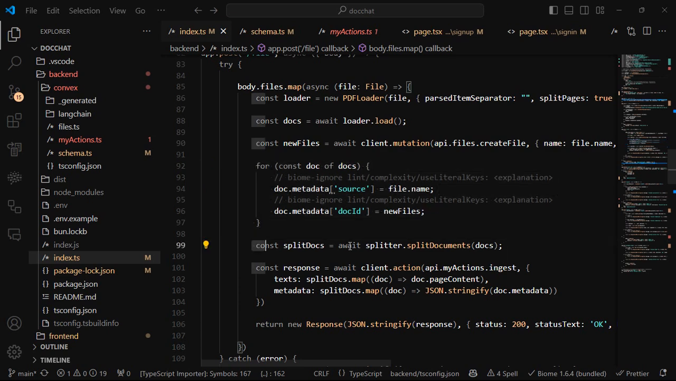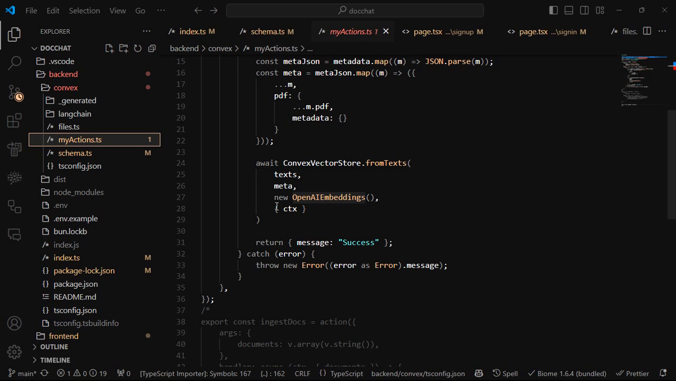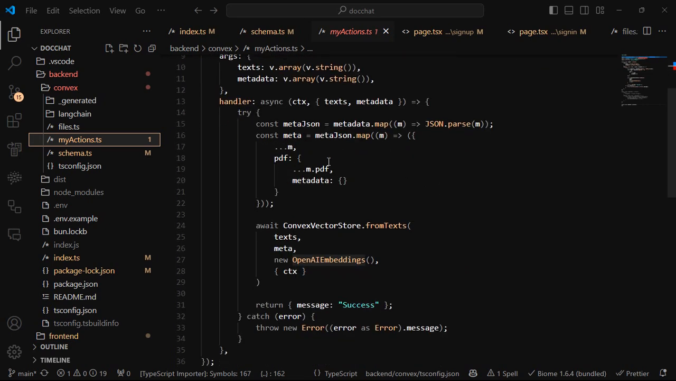And then I split the documents into manageable chunks, right? And then when I'm done splitting that into manageable chunks, I call my ingest. My ingest is in my actions, which is my ingest here. And then my ingest, what it does,